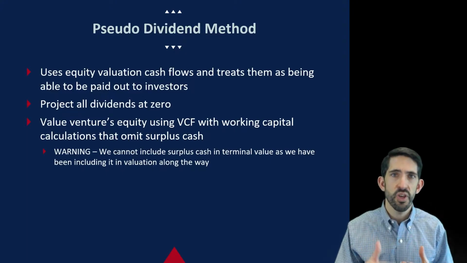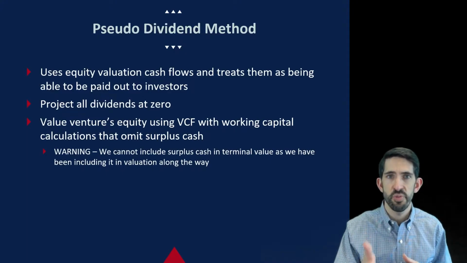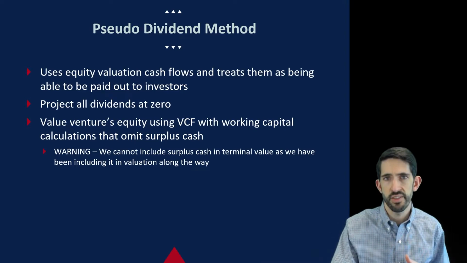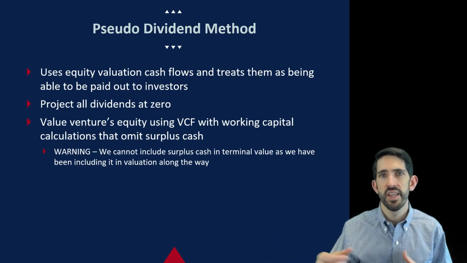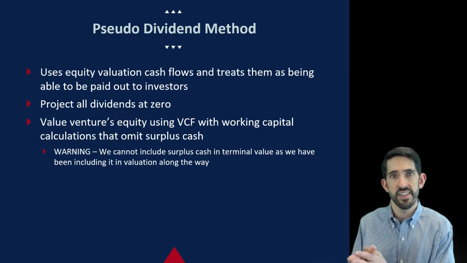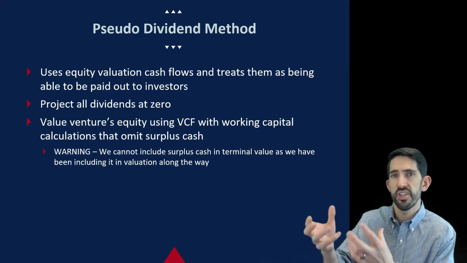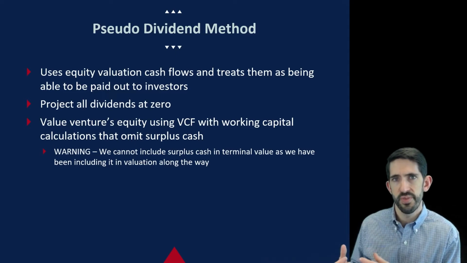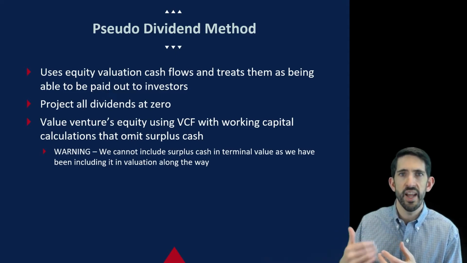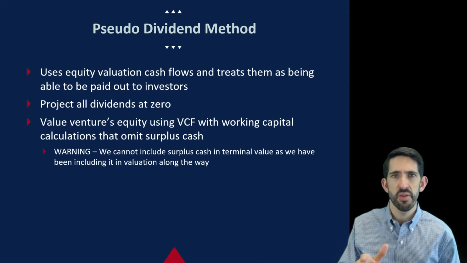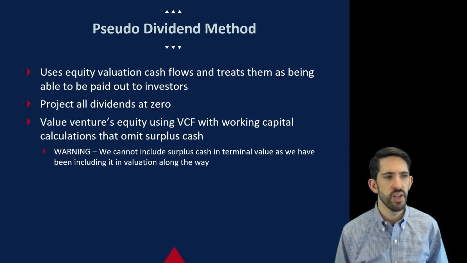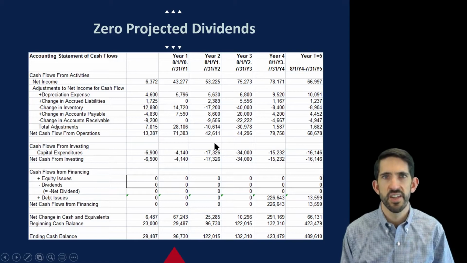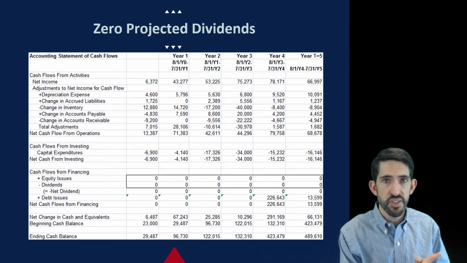Now, as we go, we're going to be thinking of paying that surplus cash out as our pseudo dividends. So it's important that when you see this cash account build over time, you aren't tempted at the end to say, oh, look, we can pay out all this surplus cash now to our shareholders. The reason is we've been paying it out over time. That'll become clearer as we look at some examples. Before we do that, let's move on to our next slide to look at our financial statements,